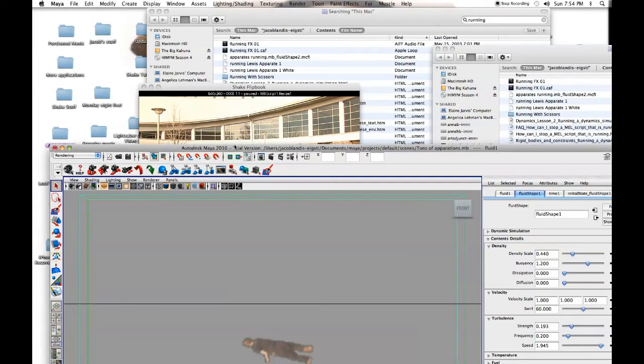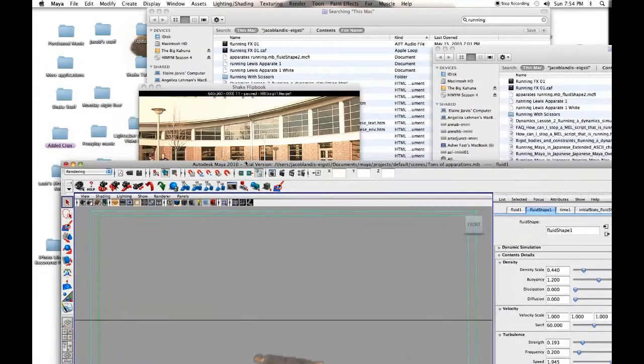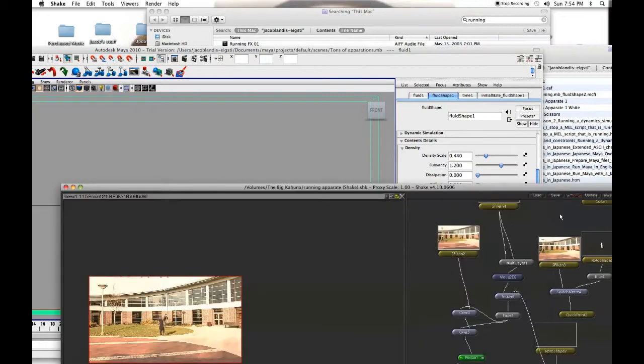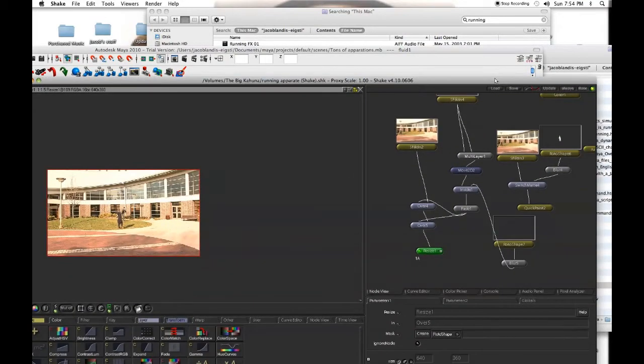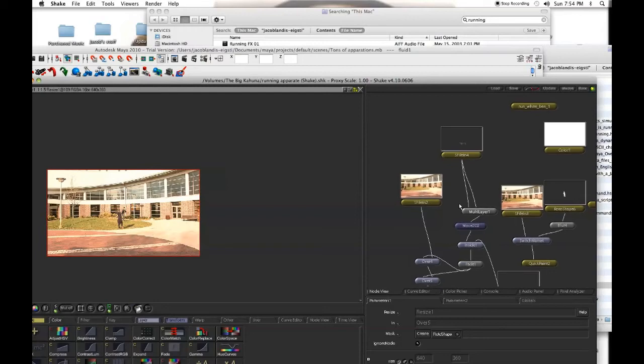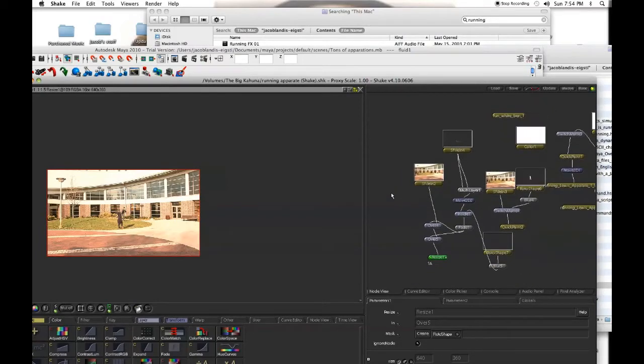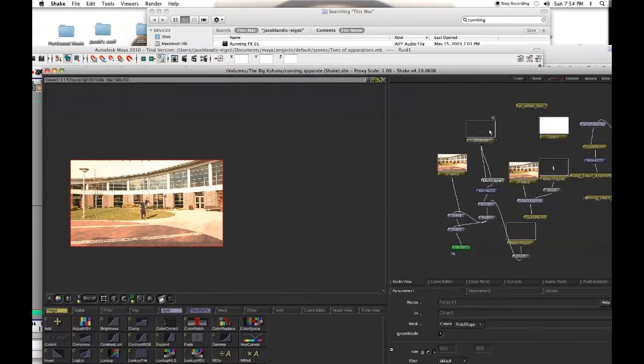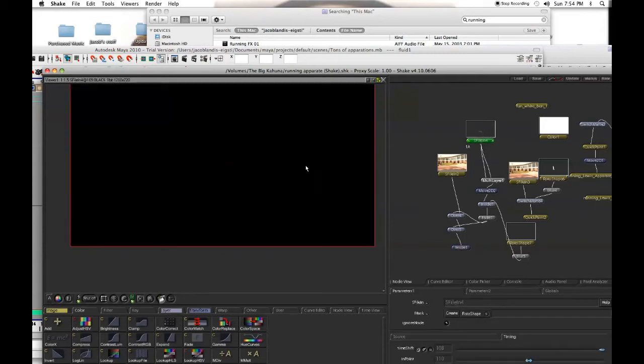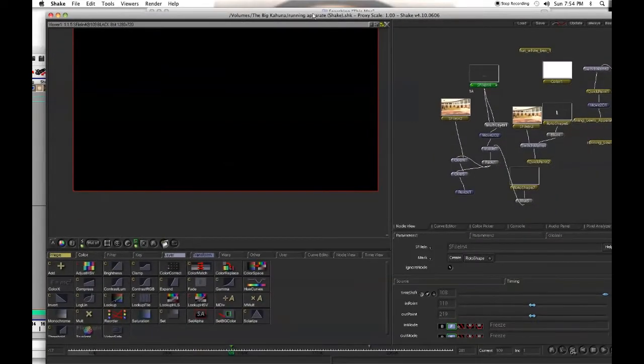Alright, we are back. That has finished rendering, and I have already gone back into Shake and just put it into here. I can kind of show you what I did. Pretty simple. But yeah, I just put it back in. Here's the clip. Then I went under its time slider, went under timing, and put the time shift so it doesn't start until 108 frames in, and then